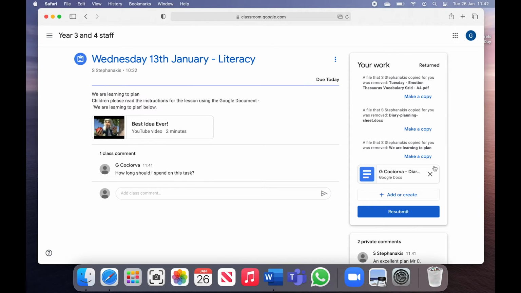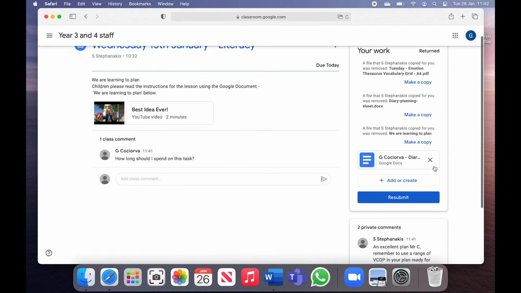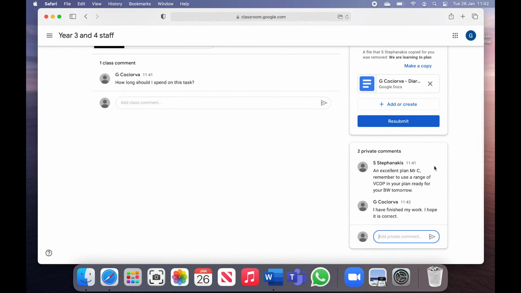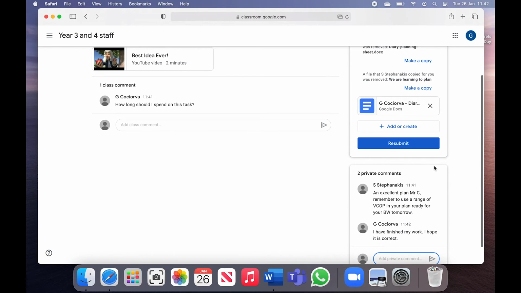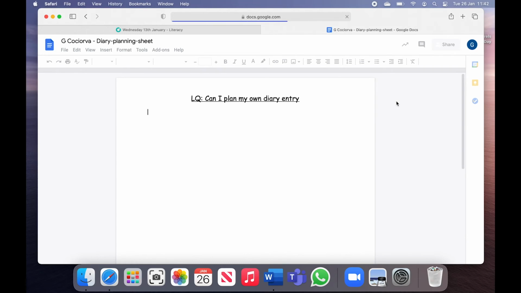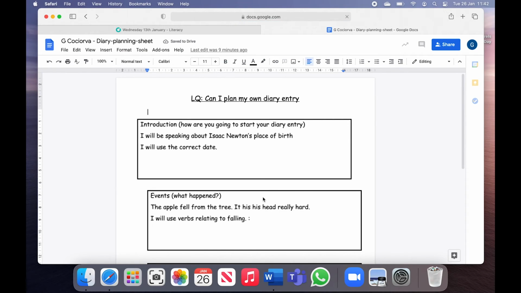just so you can make sure that you have done it correctly. I have now noticed, look at that, my work has already been turned back. So the class teacher has put a comment, an excellent plan, Mr. C. Remember to use a range of VCOP in your plan, ready for your big write tomorrow. Therefore, I need to go back on my plan. My teacher has said that I need to use a range of VCOP. So I will make sure that in my work,